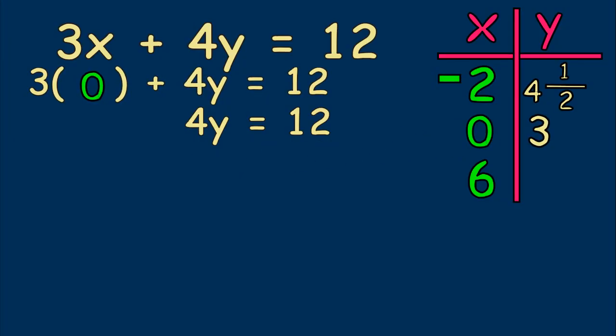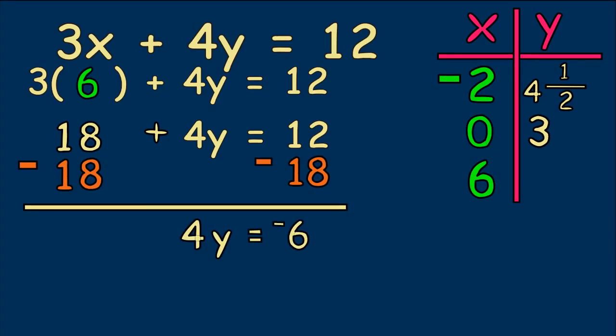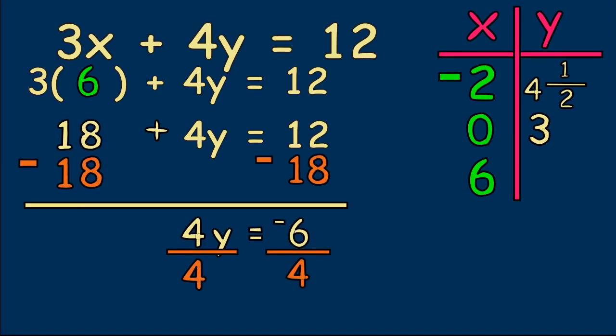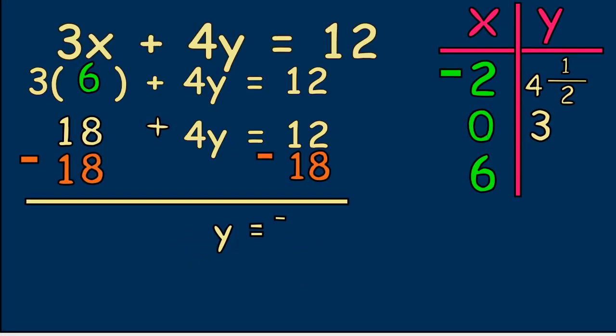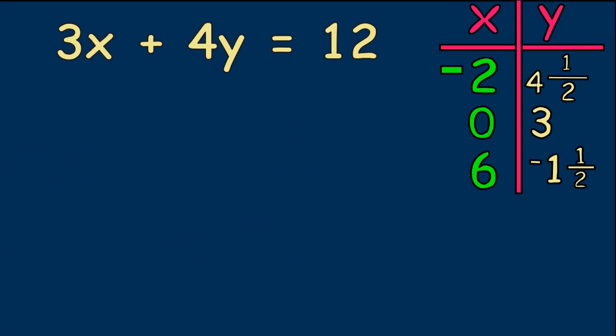Go through the same process for 6. Put it into the equation to get 3 times 6 plus 4y equals 12. Subtract 18 from both sides to get 4y equals -6. Next, divide by 4 and simplify to get -3 over 2, or -1.5. Now that we have the chart completed with our 3 x values and their corresponding y values, we can begin